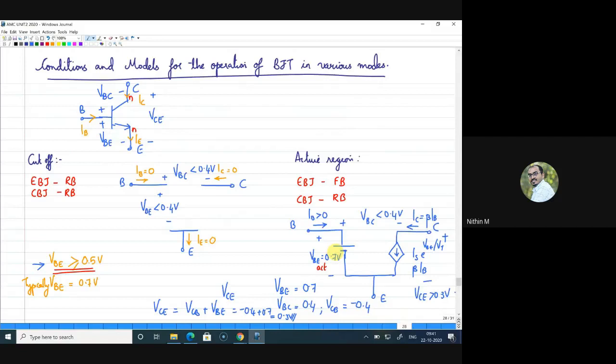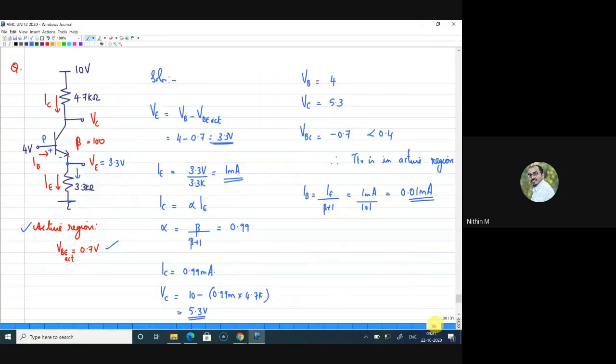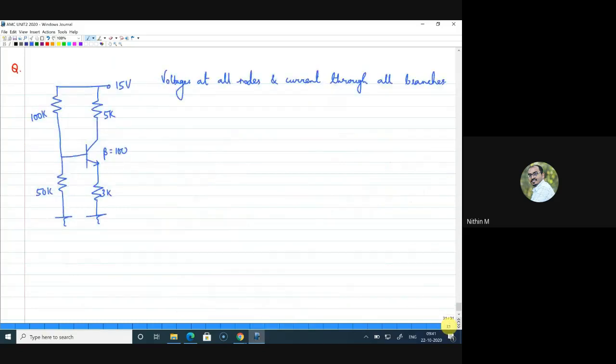If it is forward biased, it should be more than 0.5, and the typical value we take is 0.7. So that was the starting point. I have taken it as 0.7, and then I started with the calculation. But at the end, whatever assumption I made, I am proving that the transistor is in active region. Is that clear, Laksh? Yes, sir, clear, sir. Okay, all right, yeah. So you guys, now you can try this question.